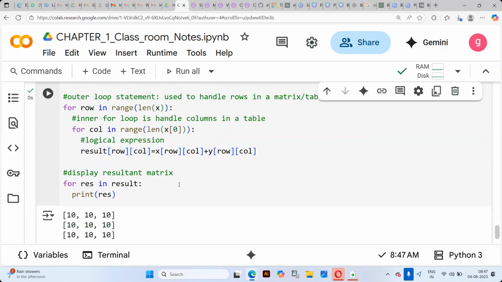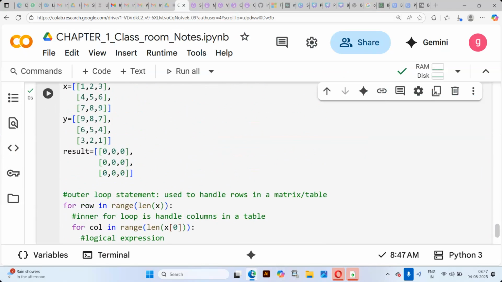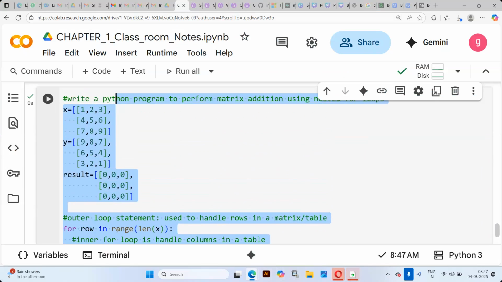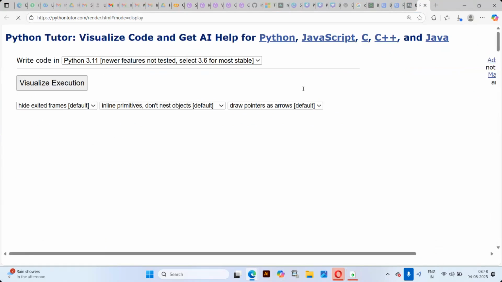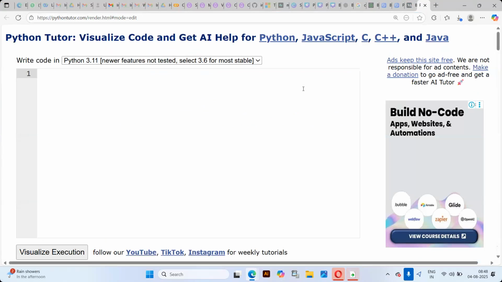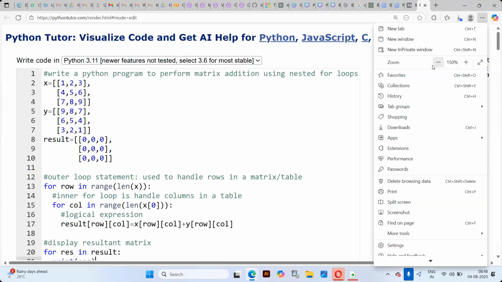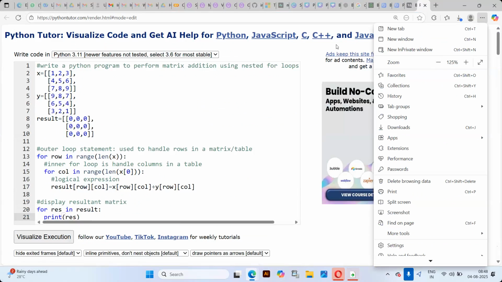You see. But if you take the same thing in the Python Tutor, that will give you the absolutely right output of how exactly an iteration takes place. Copy. I will be demonstrating that Python Tutor is a tool that visualizes how the program gets executed. Let me reduce the size of this program. So now if I click